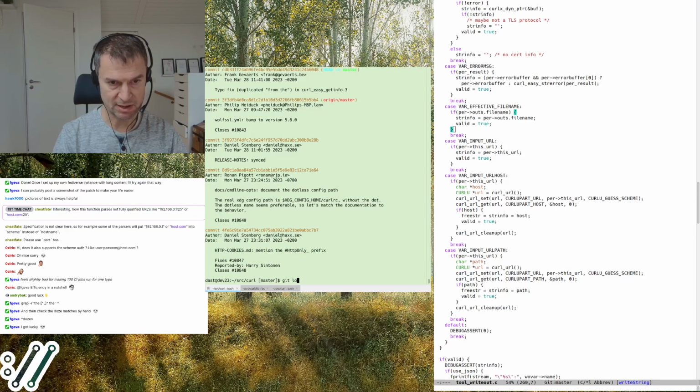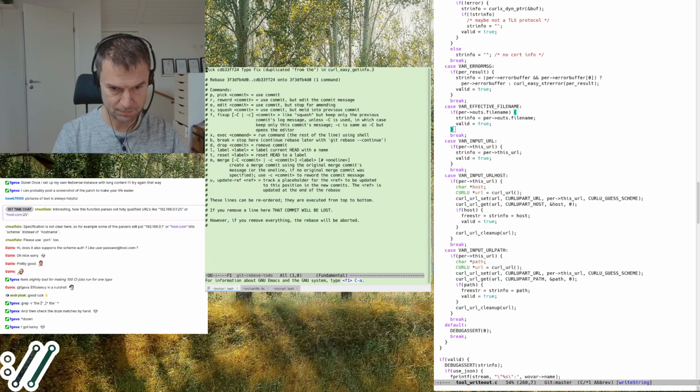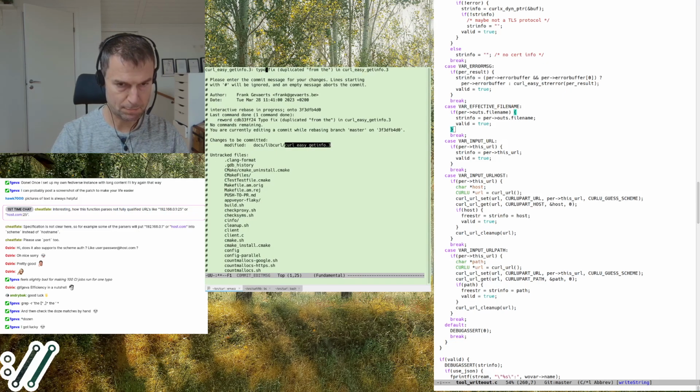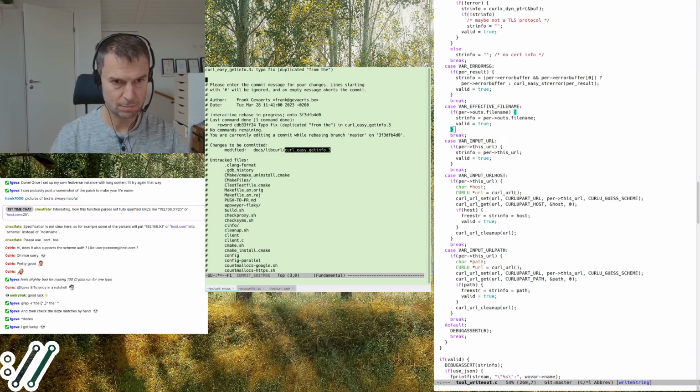But because in the master branch I have Frank's commit, so I want to reword it because I want to do it like this. Boom. Close this 10850.